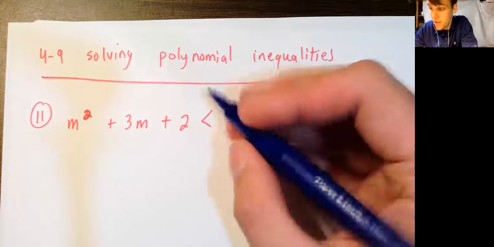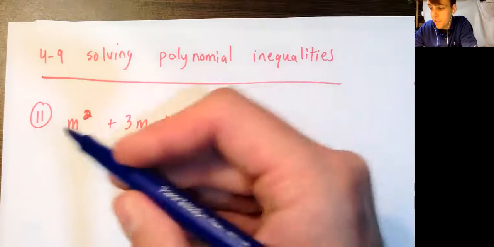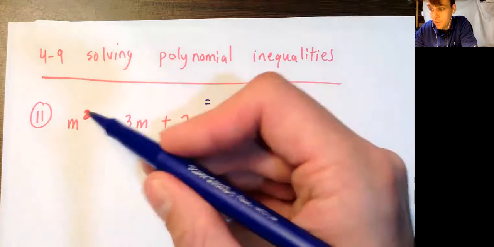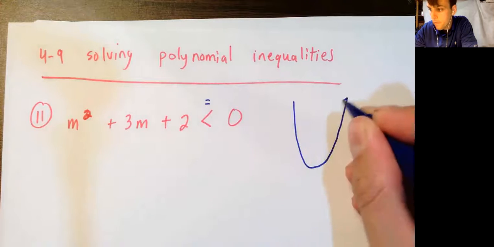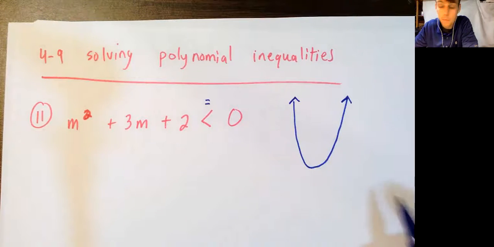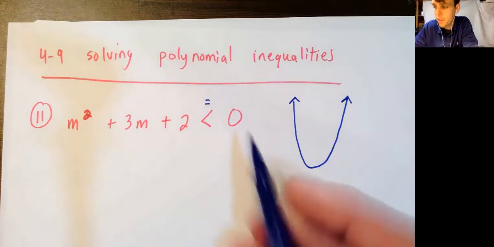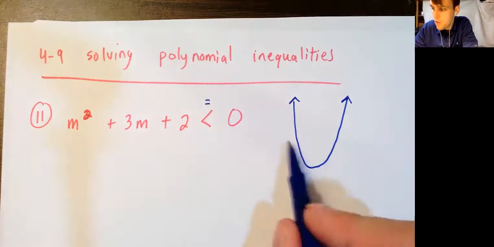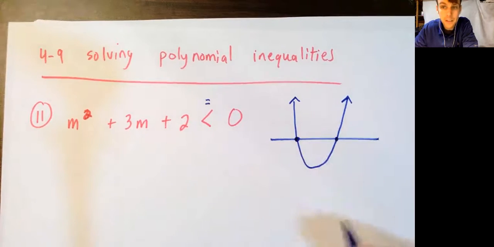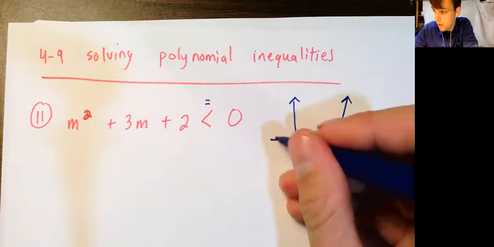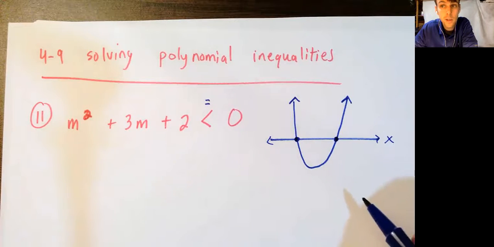If this was an equation, if this was equal to 0, or if we wanted to represent this polynomial with a graph, it's second degree, it's a quadratic, it would make a parabola. Right? And a parabola that opens upward because of the positive leading coefficient. However, if it were an equation, what we'd be looking for is the two spots where it is equal to 0. If this is our x-axis, we want to know where it crosses the x-axis,